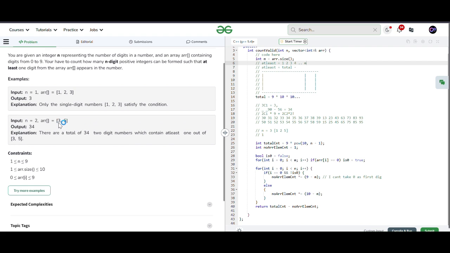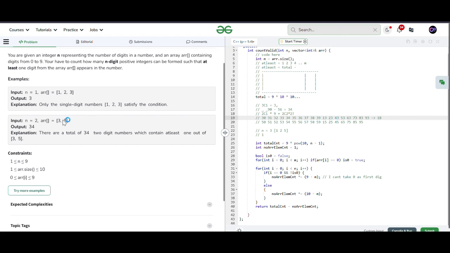Okay. So let's take the first digit, right? If I take the first digit here, you can see the generated numbers which start with three or basically end with three. So 30, 31, 32, 33, 34, 35, 36, 37, 38, 39. And I can also append one in the starting, so it would be 13, 23, 43, 33 is covered here itself, and 63. I skipped 53 here, so let's take that also: 63, 73, 83, 93. There will be a total of 18 possibilities by including 3, right?